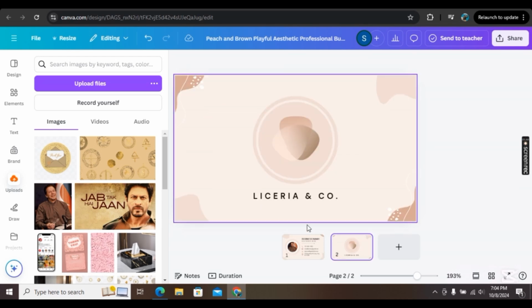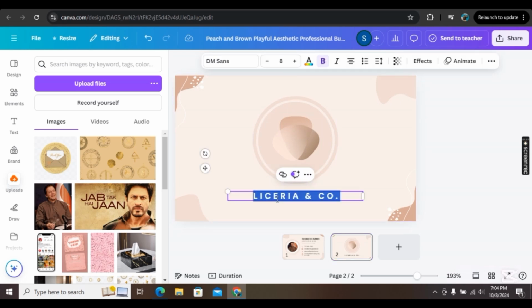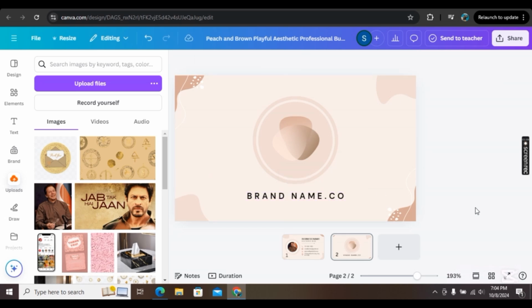Then we have the second page here, which is the back side. If you want to add a barcode here or something else, you can add it, and here you can add the brand name like this. So now your business card is ready. You can simply download it, and if you found this video helpful, make sure to like the video and subscribe